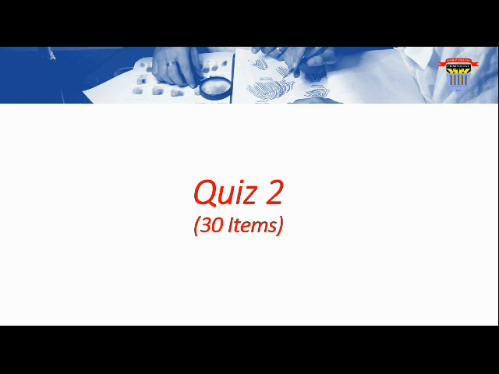Okay, so doon lang nagtatapos yung module 2.2, but as I have said while ago that I will be giving you a home activity, and later on